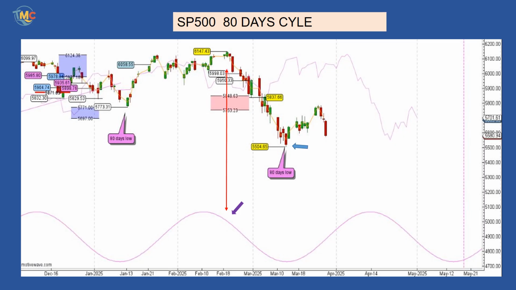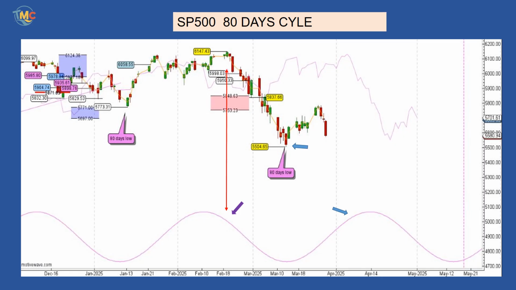The purple arrow. Since it's the fourth and last 80 days cycle of this 18-month cycle, the next peak should technically form on the left part of the cycle, close to its cycle line without crossing above it, and finding resistance before resuming its decline into its 18-month cycle low, around May 29th or even the first week of June.